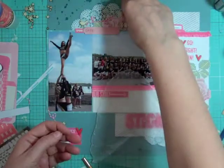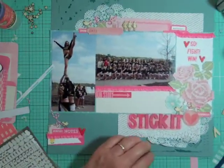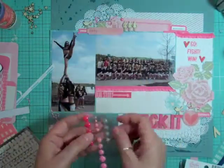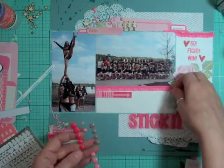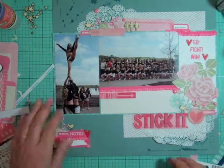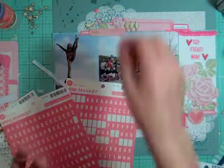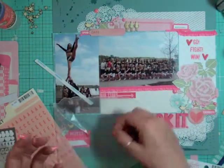So I had taken out a whole bunch of wood veneer stars too. But I found I had enough different shapes going on. I had hearts, I had the birds, and I had, what else? Well, I'm going to put some enamel dots, or I'm putting them on right now. So I already had 3, and then the wood veneer girls, the potty girls. So I figured that it was enough of a variety. So I didn't want to add anything else. So now I'm going to take out my October Afternoon Mini Market stickers,